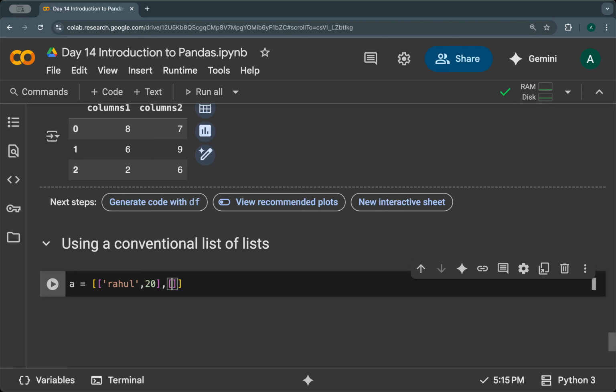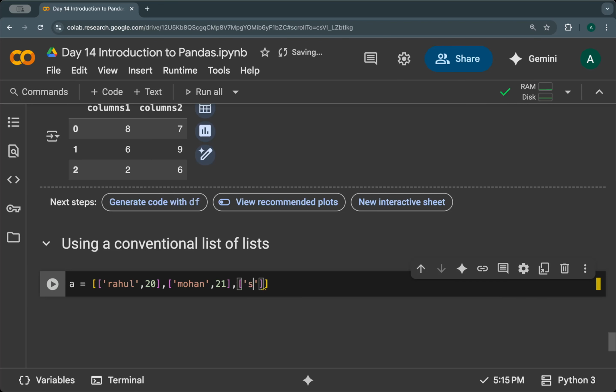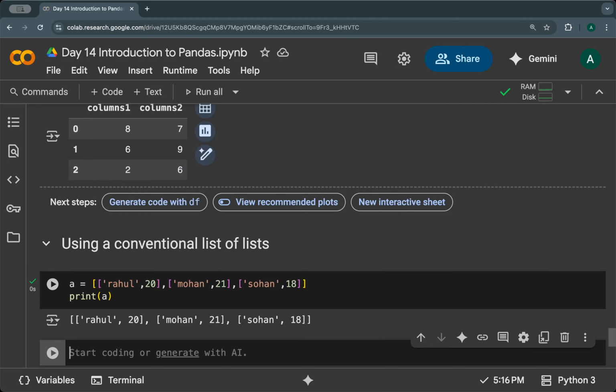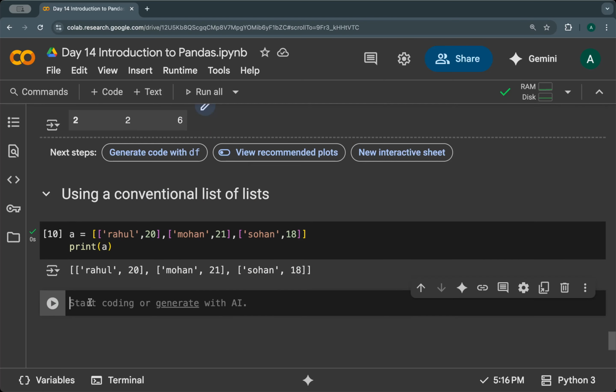Then in another list I have Mohan, 21, and Sohan, 18. So this is my list of lists, where I have multiple lists inside a big list. Now I want to convert this into a data frame. So df is equal to pd dot